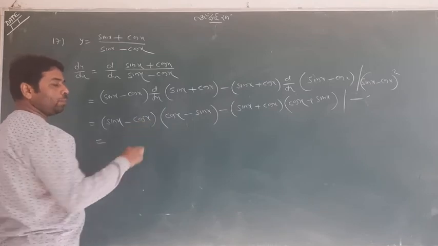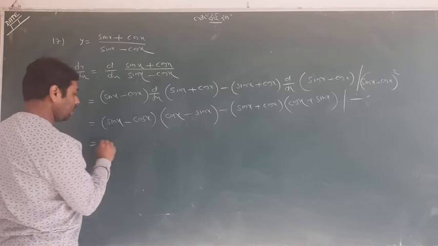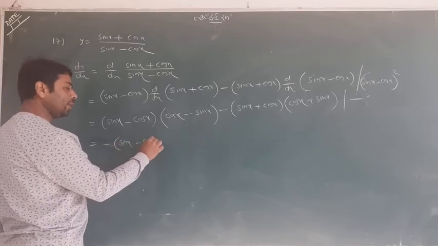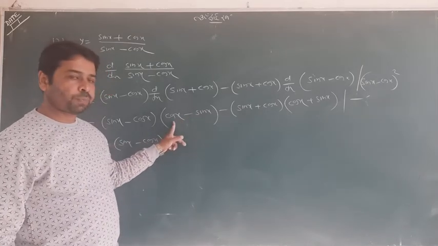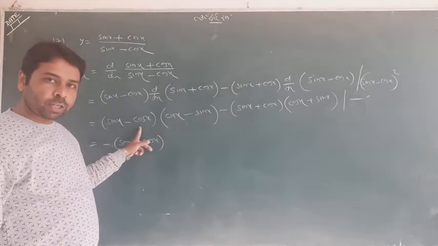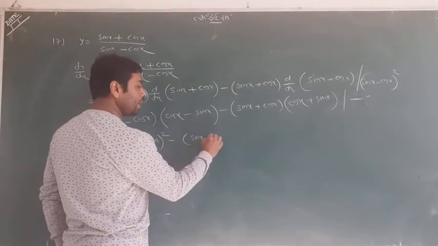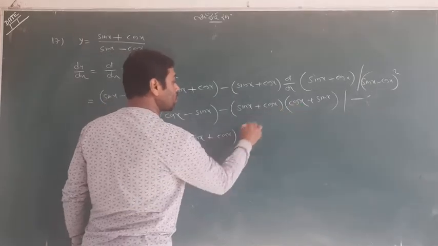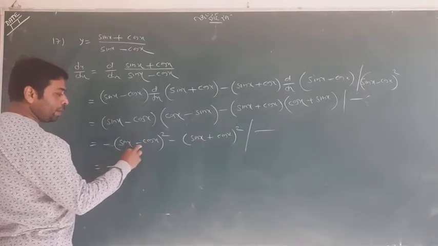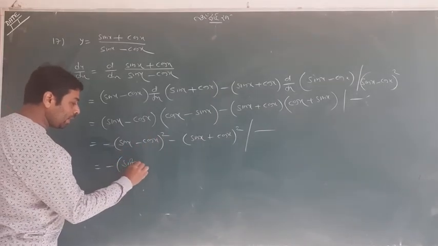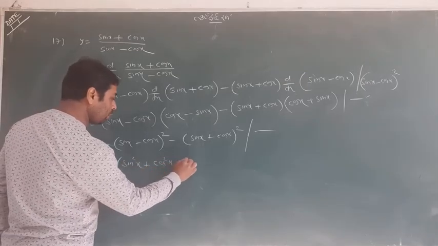Afterward, can you see these two terms? If I take minus common from here, one can understand, it's going to be (sin x minus cos x), and (sin x minus cos x) already there. Both will be square. And can you see there, it is (sin x plus cos x) and (sin x plus cos x) square, and upon the same. Now (a minus b) whole square, you can open it: a square plus b square minus 2ab.